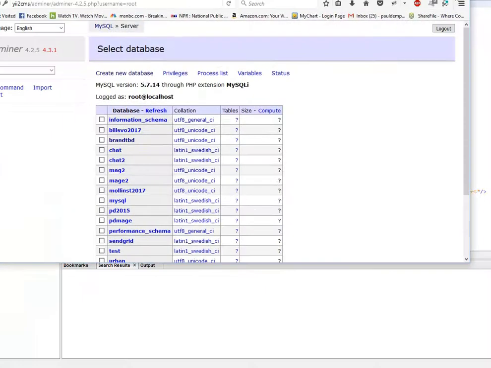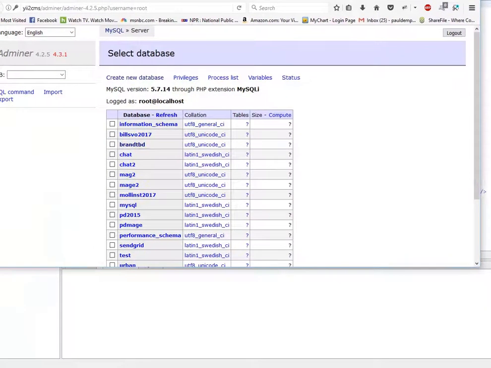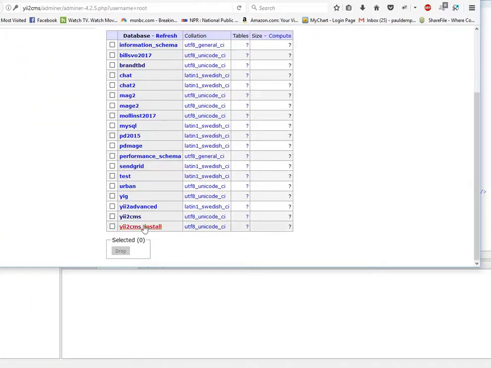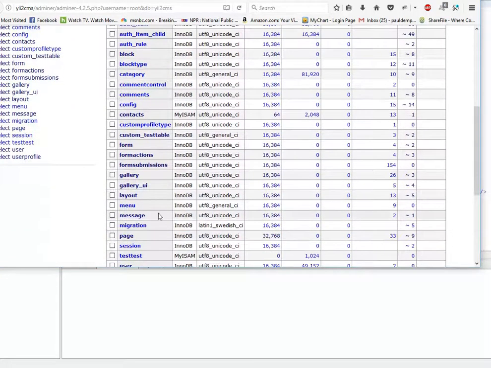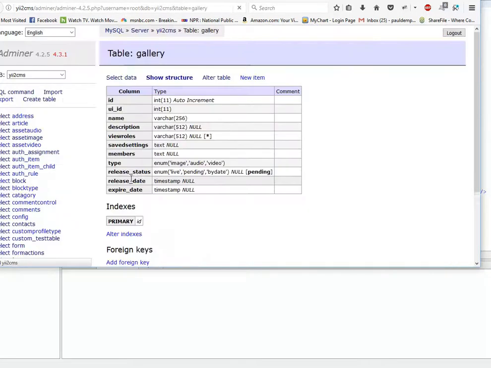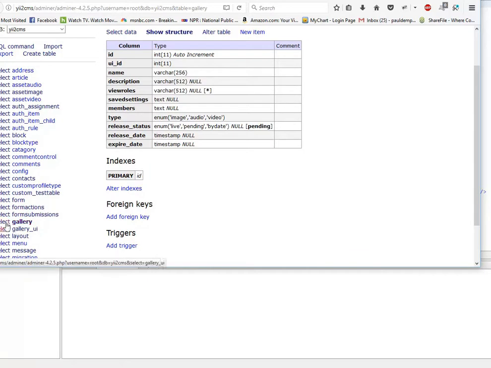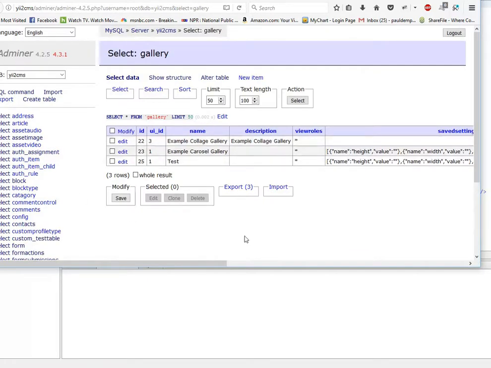Let's see if I can get this reduced down so that you can actually see. Okay, so I'm going to pick this database. And if you look at the actual gallery database, it has members. And if you actually go ahead and look at a record for one of these things,